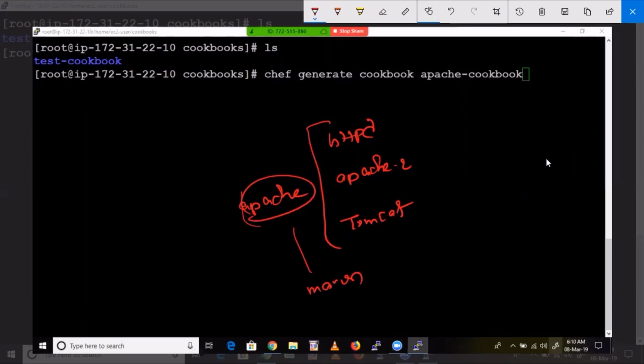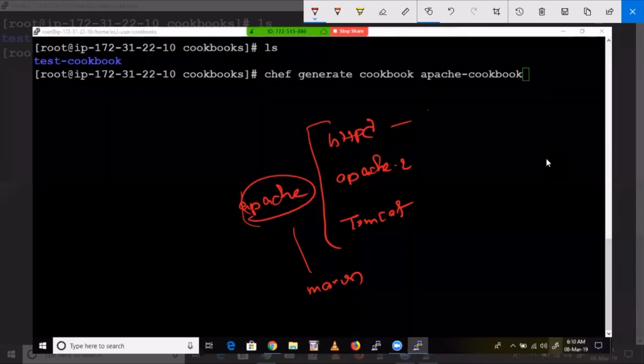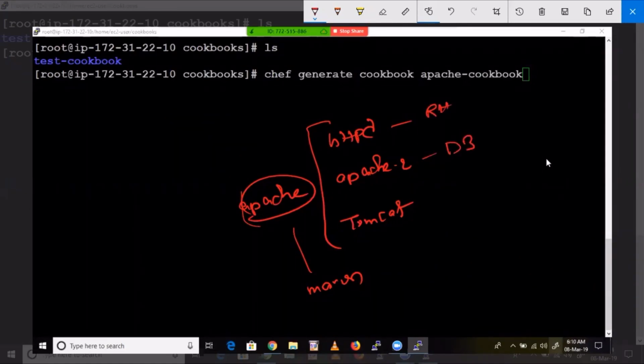If you want to install HTTPD, you can install it only on the Red Hat family. Apache 2 is for the Debian family. Tomcat is for Windows. Red Hat family means Amazon Linux, Red Hat Linux, CentOS.